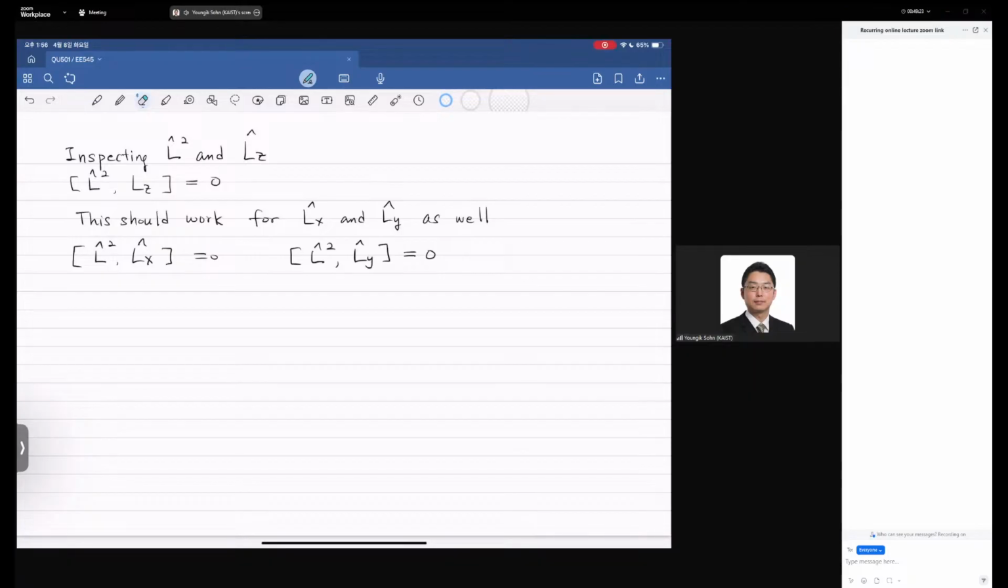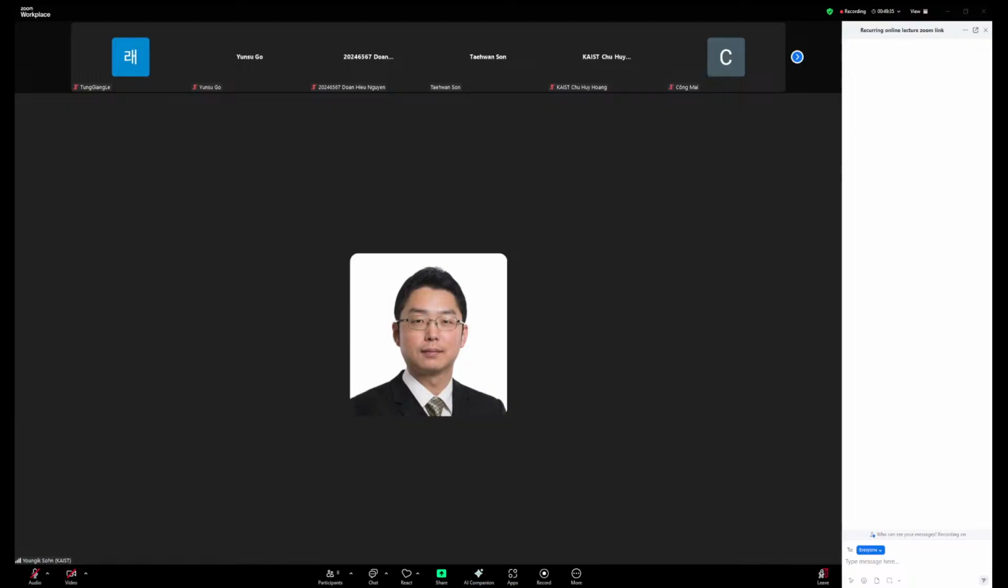Let's find eigenvalues and eigenfunctions of,